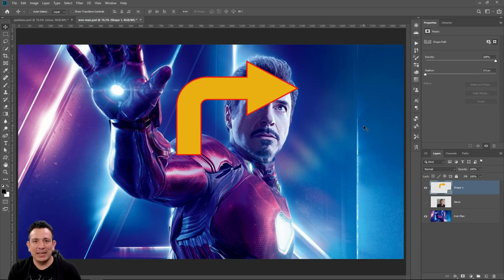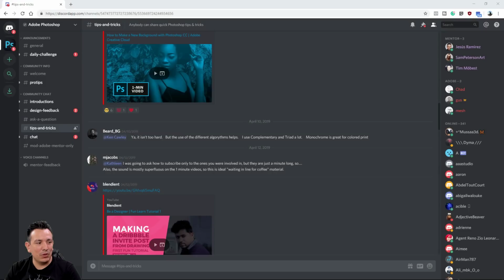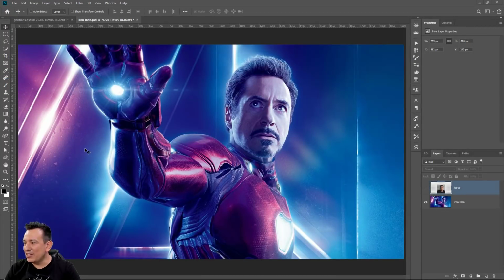So what we're going to do today is use the Auto Blend Layers tool that is designed for stitching panoramas together to create face swaps. In reality, we're doing the same thing. We're stitching two images together to make it seem like one single image. So that's all we're doing. So we're using that technology to do a face swap. So I'm going to delete this layer, and I will just take a quick look at the chat